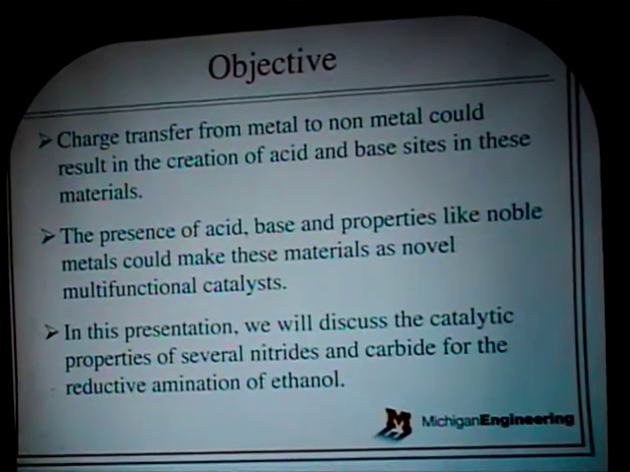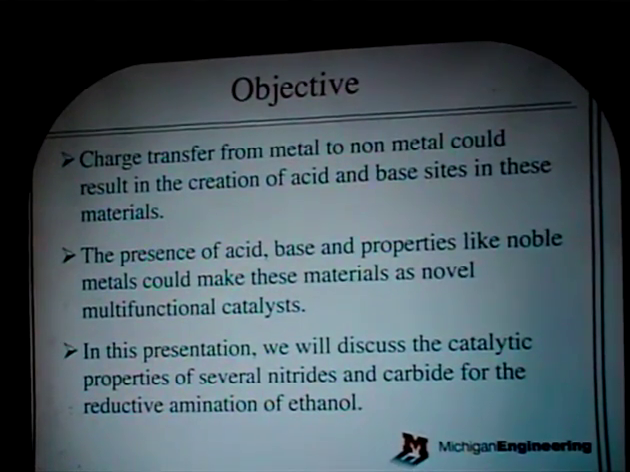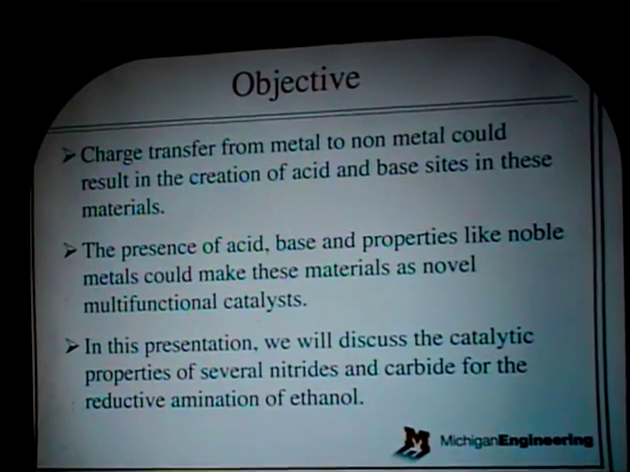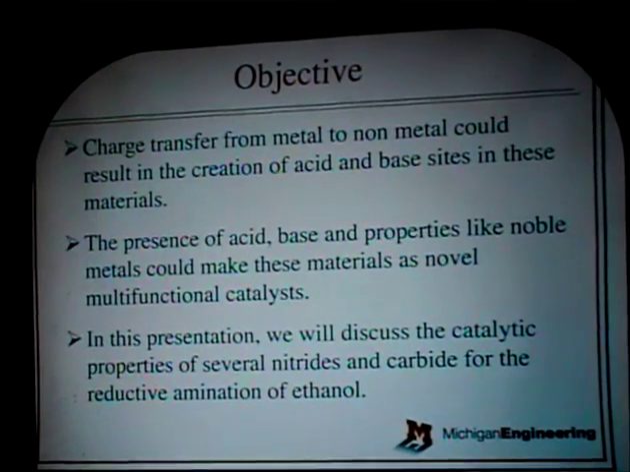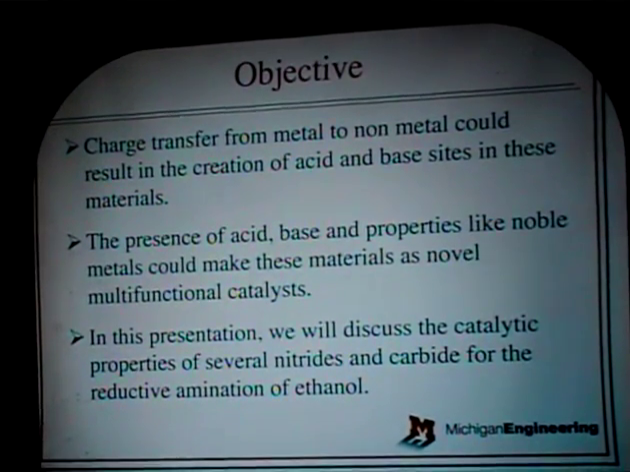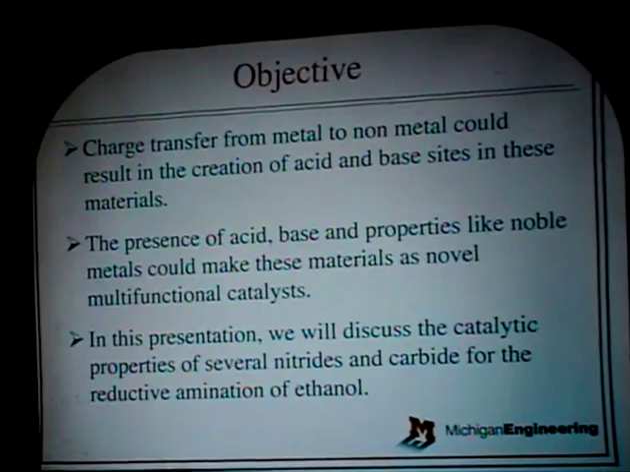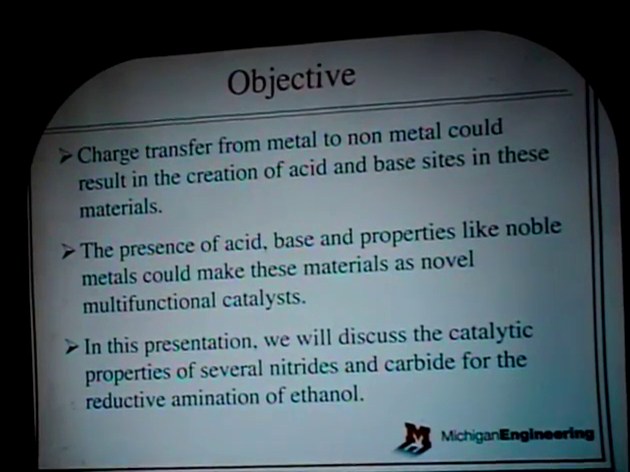In fact, we have carried out a very recent study with a probe reaction, and it has shown that these materials possess both acid and basic sites. The probe reaction was the decomposition of 2-propanol, and we have found that it gives acetone, which is basically catalyzed by